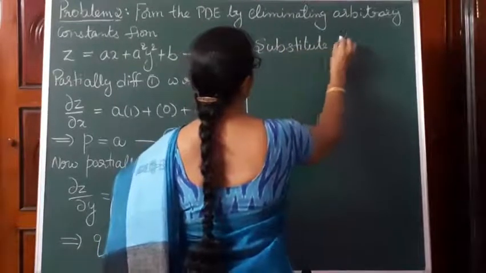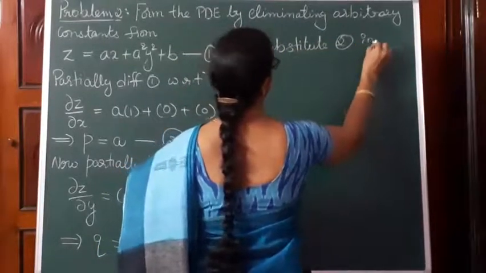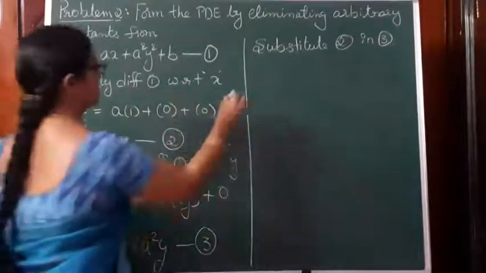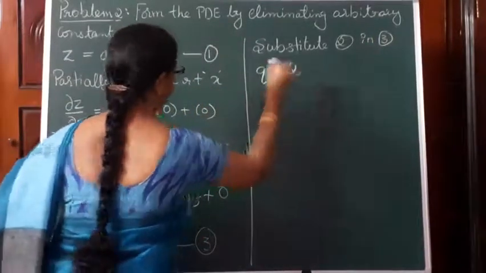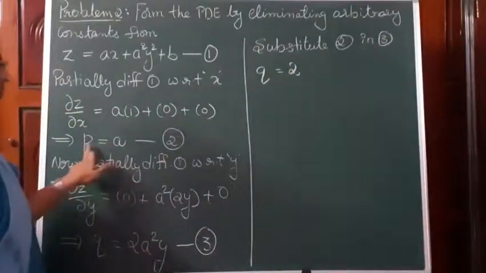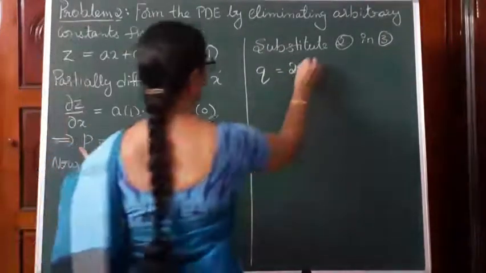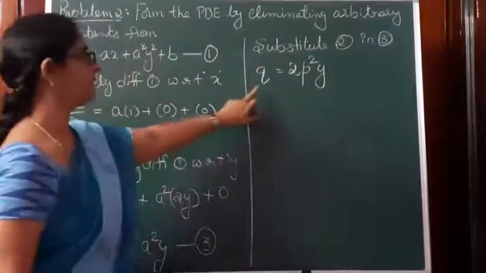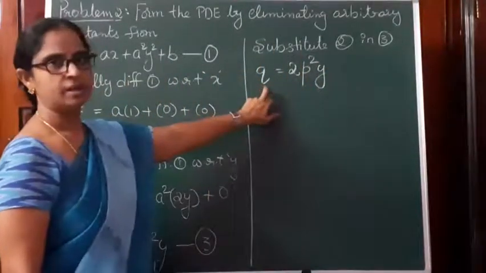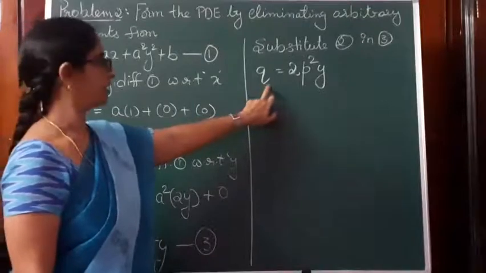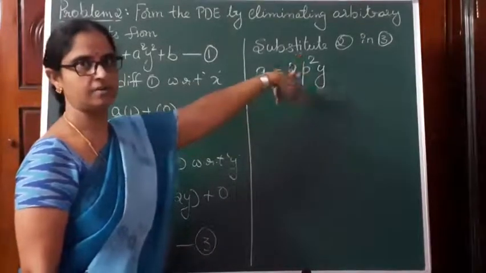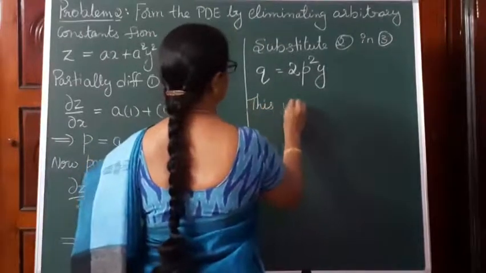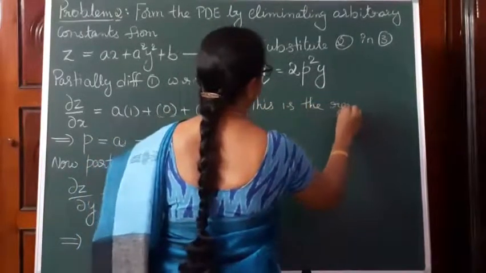Substitute equation 2 in 3. Then we get q is equal to 2p square y, which is a first order partial differential equation. If you observe here, this is non-linear because we have p square here. So this is the required partial